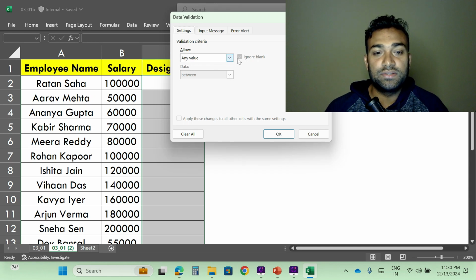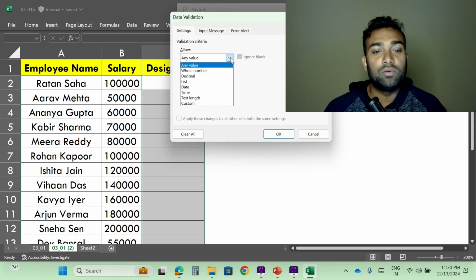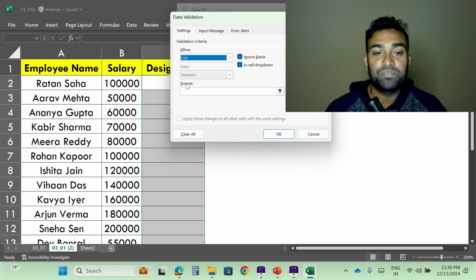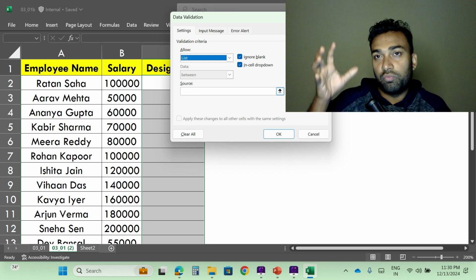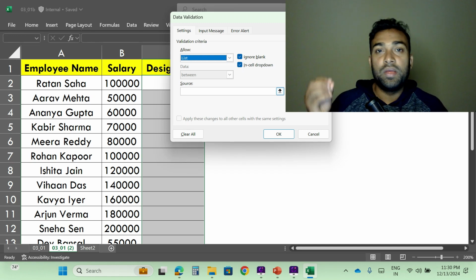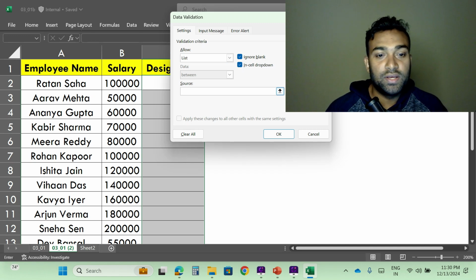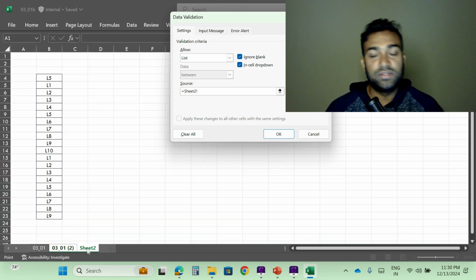the allow section. By default it is Any Value, so I will change it. Instead of Any Value, because we have a list, we have a list only, so I will select List. Now after selecting this, it is asking for the source, where my details are, from where my data will come. So here I will click, and then in the next sheet, this is a good practice